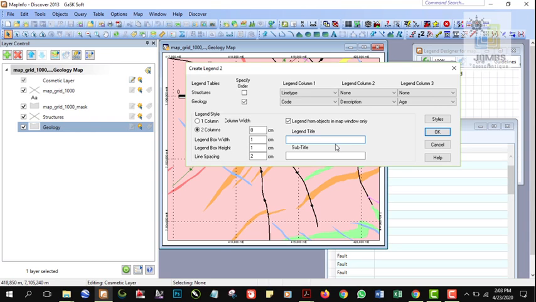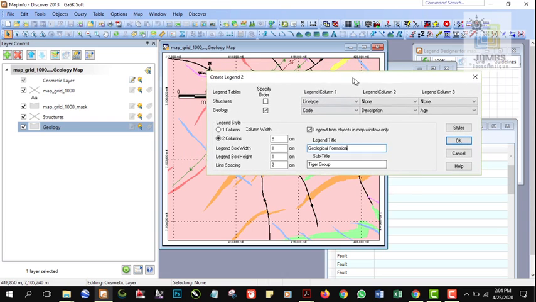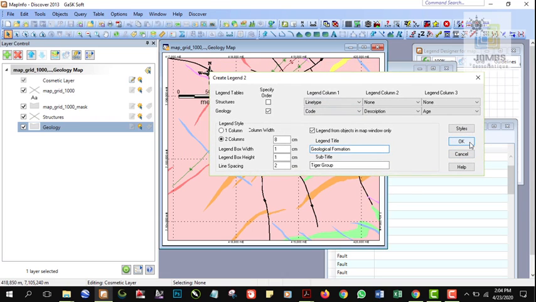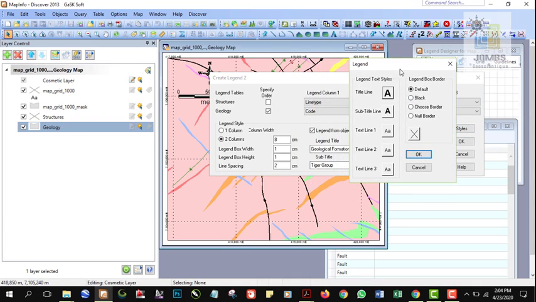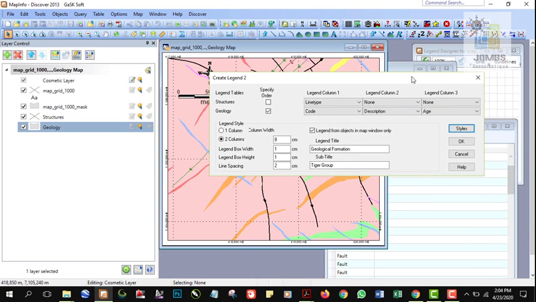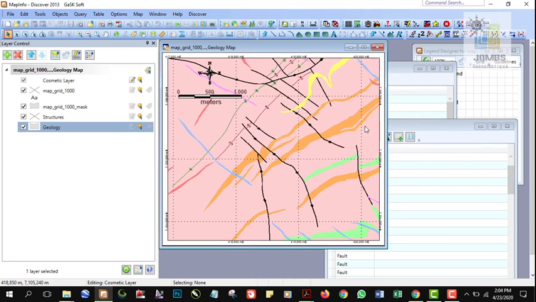I'm going to type here geological unit perhaps, and Tiger Group formation unit. I'll leave it as formations. So when you're satisfied with the adjustments, just hit OK. You can change the style by hitting the style button to change the font size, or you can do it later. When you hit OK,